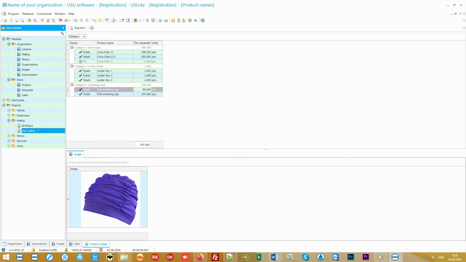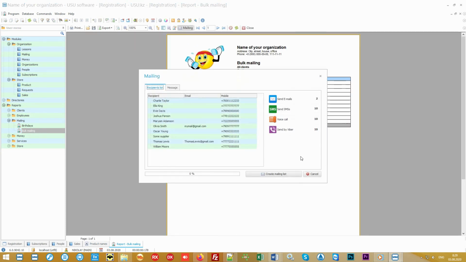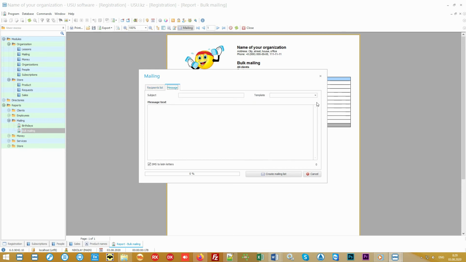You will be able to notify your customers about various promotions or discounts using as many as 4 types of modern mailings: email, text notifications, Viber, and voice calling. Yes, you heard it right. Our program will even be able to call the right customers, introducing itself on behalf of your organization, and report any important information. It will be possible to send both bulk messages and single messages. For example, wishing certain customers a happy birthday.